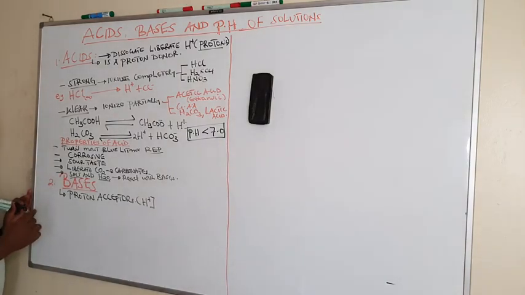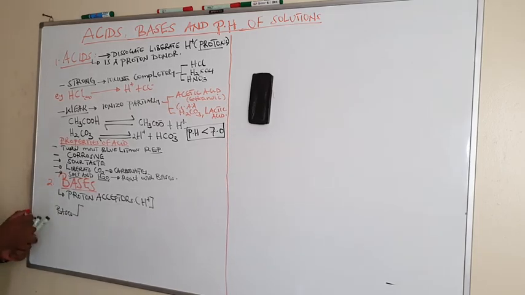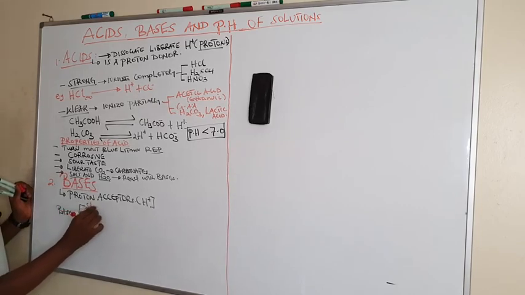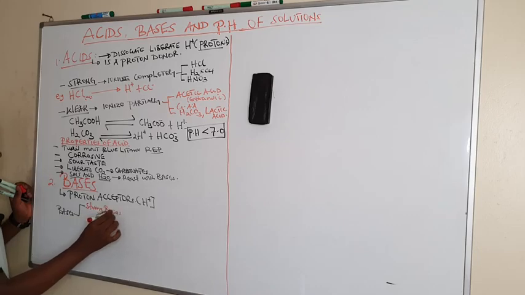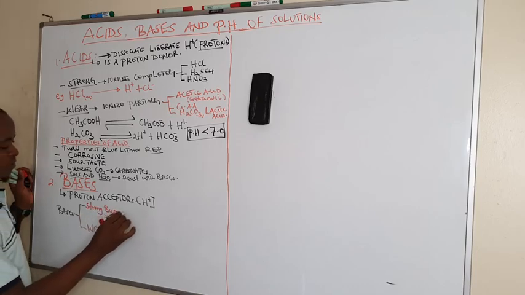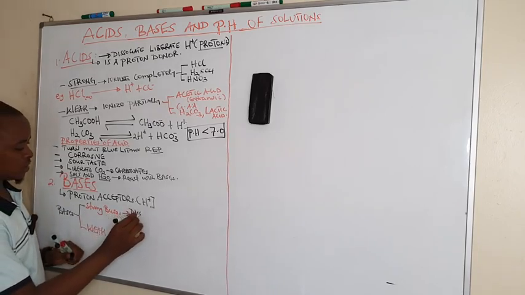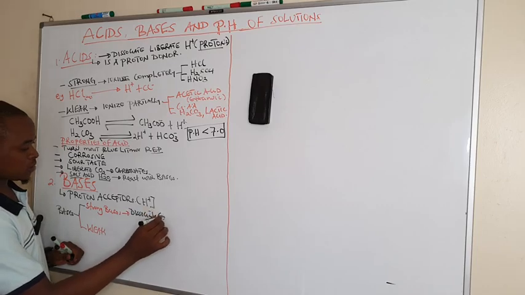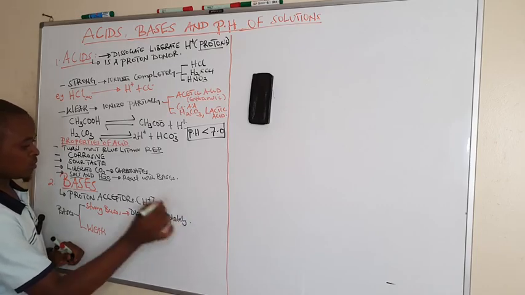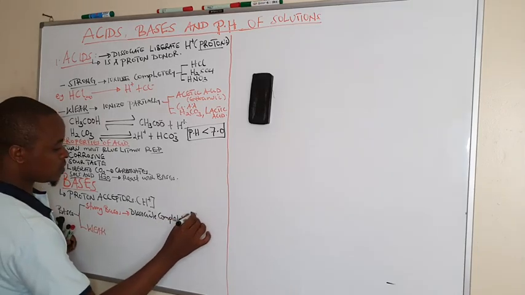And these bases can be categorized into two, whereby bases can either be strong bases, or they can be weak bases. And strong bases dissociate completely in solution. And examples of strong bases include sodium